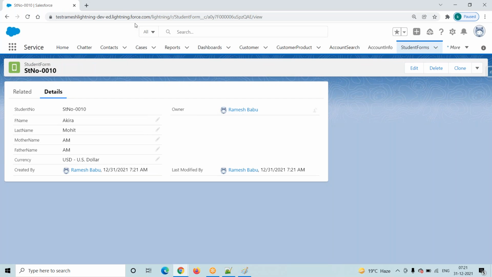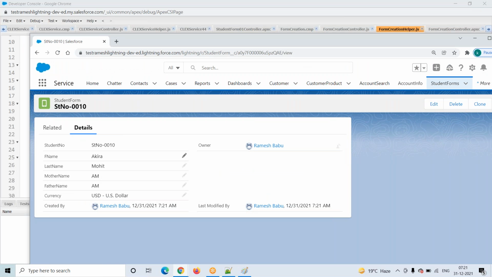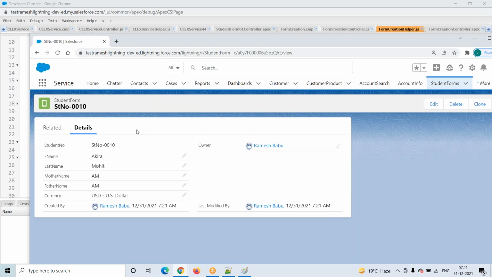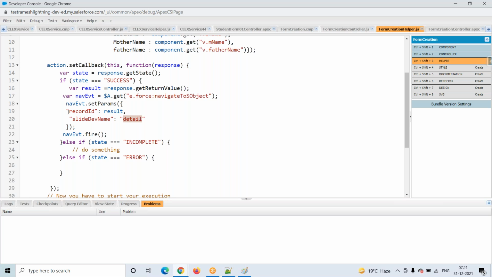See, it is creating a new record, right? After creating the record, it is redirecting, right? To the detail page only, it is redirecting, right? Here what we mentioned, detail page only we redirect, right? If we want to go to the related list, here you have to mention the related list. This result is nothing but the ID, right? I'm telling you have to open this particular record. Okay, so navigate to SObject,